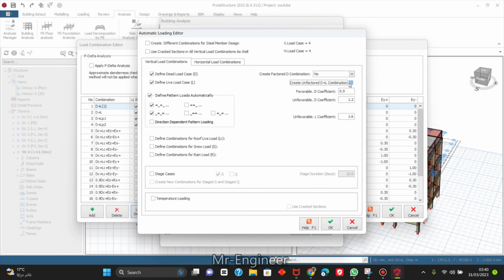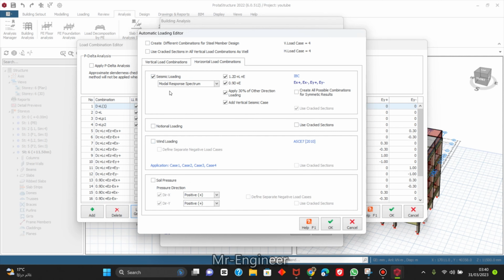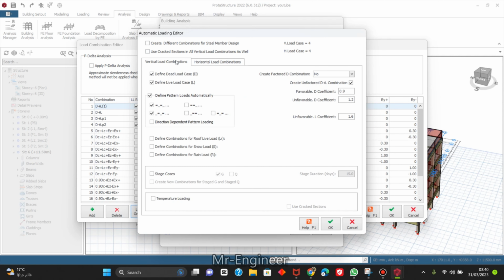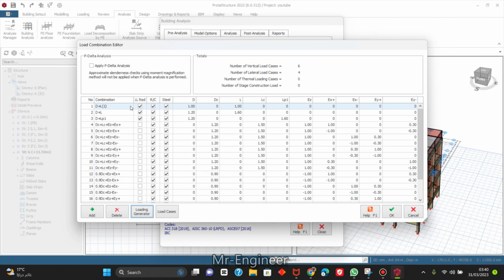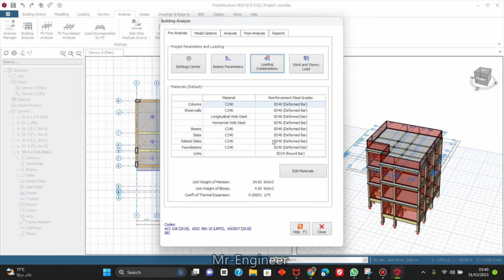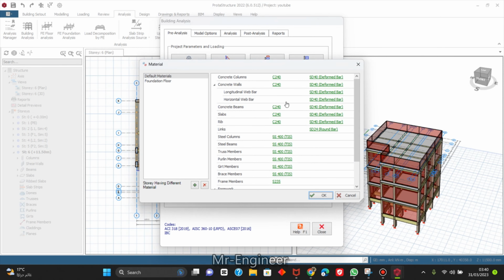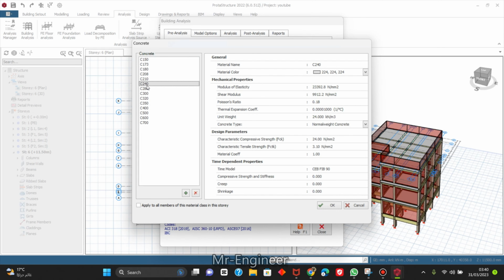Loading generator. Click this on. Make sure not, and not this one. Okay. Column. You can select